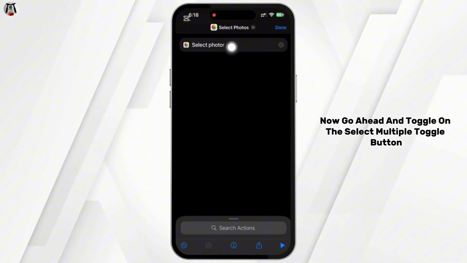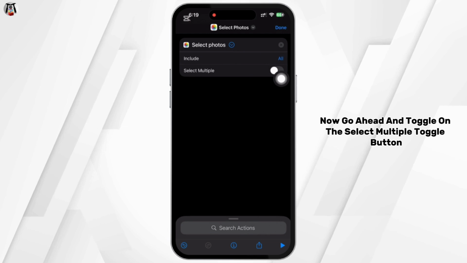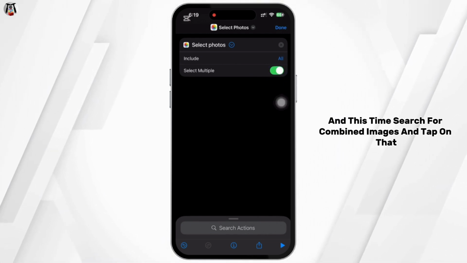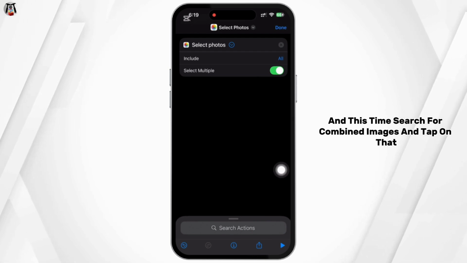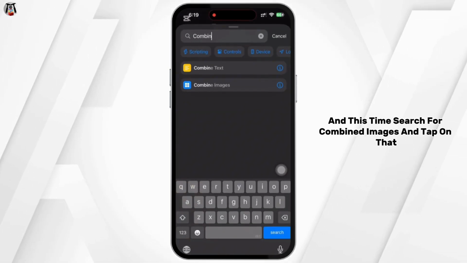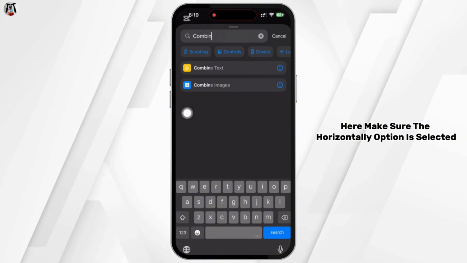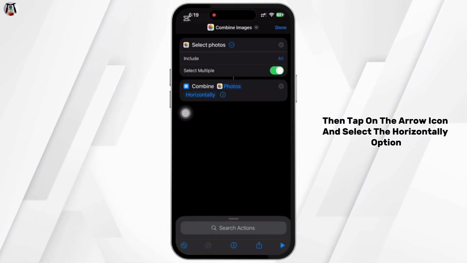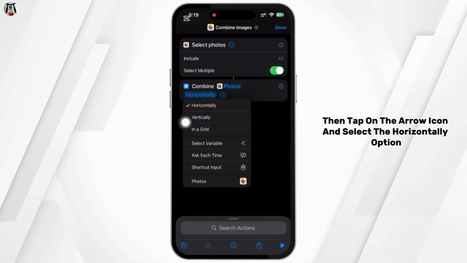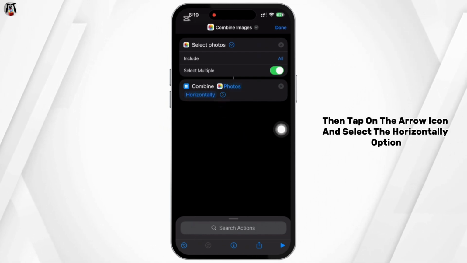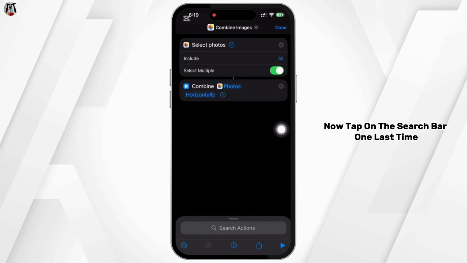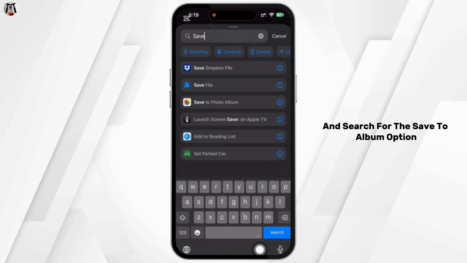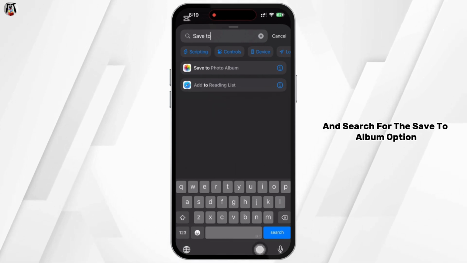Now, go ahead and toggle on the Select Multiple toggle button and now tap on the search bar again and this time search for Combine Images and tap on that. Here, make sure the horizontally option is selected and if not, then tap on the arrow icon and select the horizontally option. Now, tap on the search bar one last time and search for the Save to Album option and